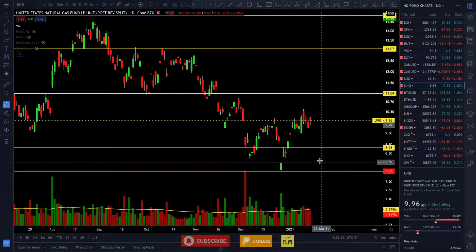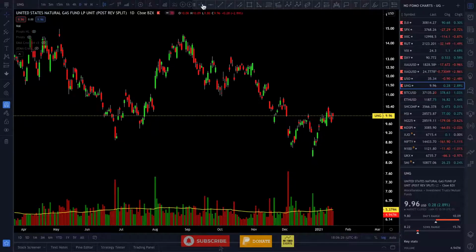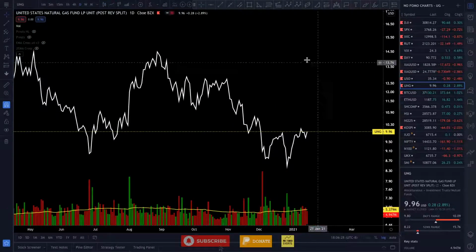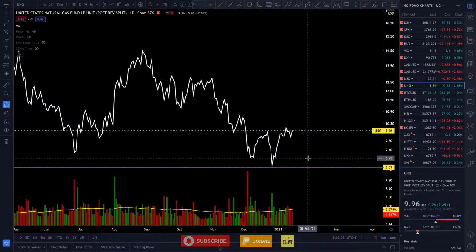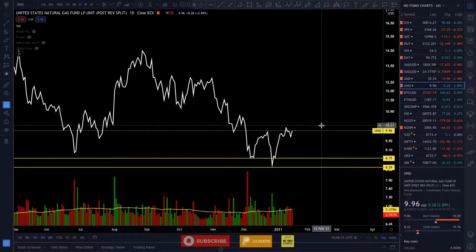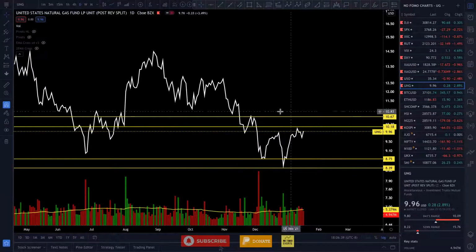All right, very quickly, UNG. Let me rechart this one because last time there's too many lines. So again, let's get the support and resistance. Support on the downside. Okay, so 8.39, 8.75. Resistance on the top side, price $10.18, 10.67. How did I pick those